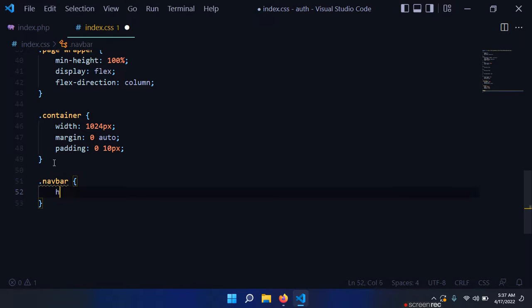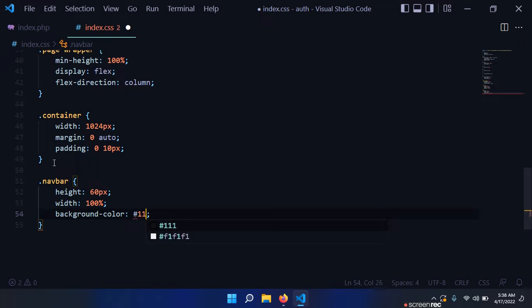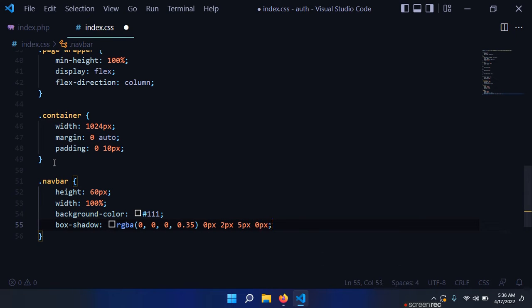Now our navbar, I want a height of let's see 60 pixels, width 100%, background color 111. Let's see, box shadow, I want to use the RGB function, which stands for red, green, blue, and the alpha channel for opacity: 0, 0, 0, and then 0.35 opacity, and then 0 pixels, let's see, 2 pixels, 5 pixels, then once again 0 pixels. Let's see the result in the browser. Okay,